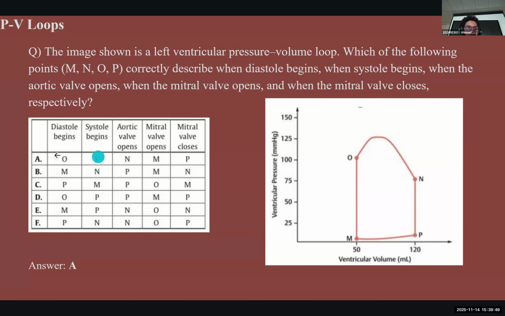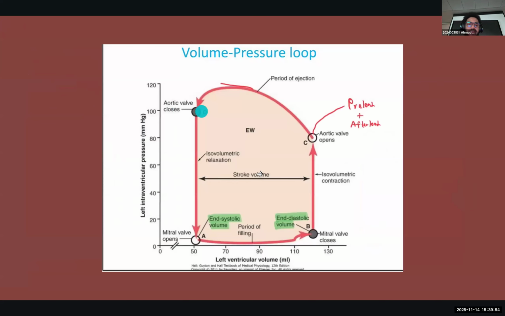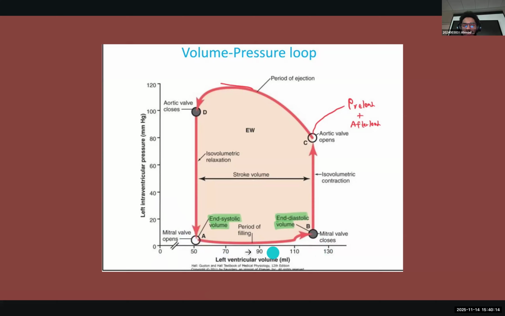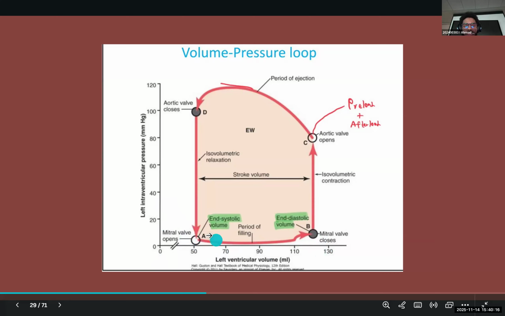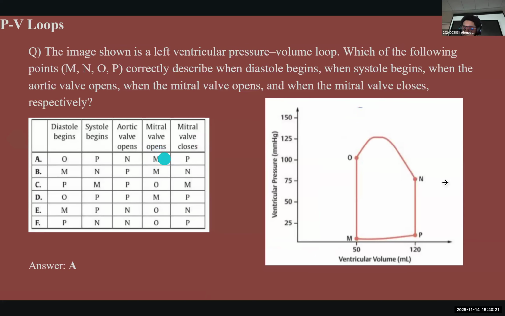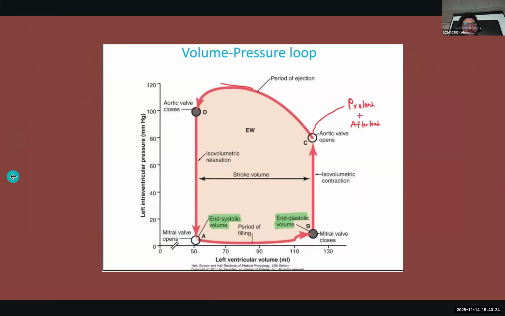Let's look at the question now. طيب, diastole begins at point O. I think it would be better to explain it here on this graph. تمام. The way to approach PV loops is to start by looking at this point. As we said, when you're moving this way, there's an increase in volume. When you're moving this way, there's an increase in pressure. But moving from point A to point B, the volume is increasing significantly with a slight increase in pressure. This corresponds to شنو? This is the point at which the mitral valve is going to open. I believe this was one of the points of the question. Yes, this is the point at which the mitral valve is going to open.